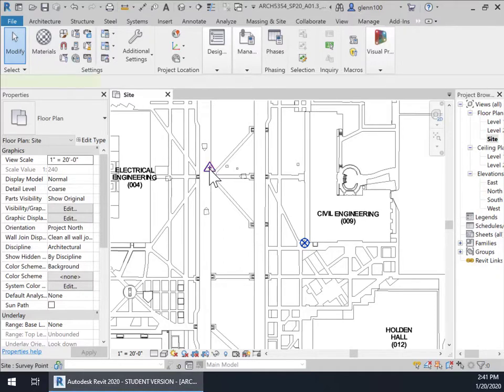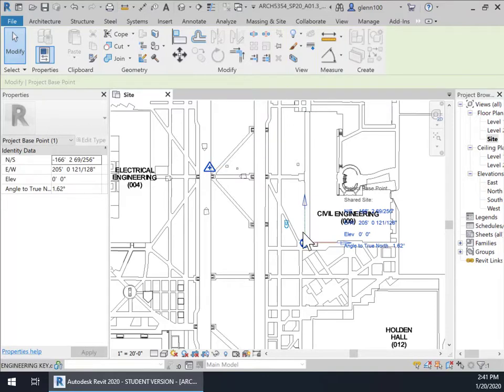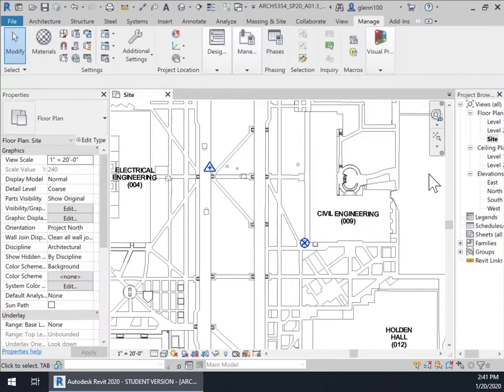Once again, you'll see that the survey point points to true north. Okay, and then of course the project points to what we call project north. So when we draw vertically now, we're going to be drawing on this axis, not on the true north axis. If we want to see what the project looks like in relationship to true north, it's extremely close,